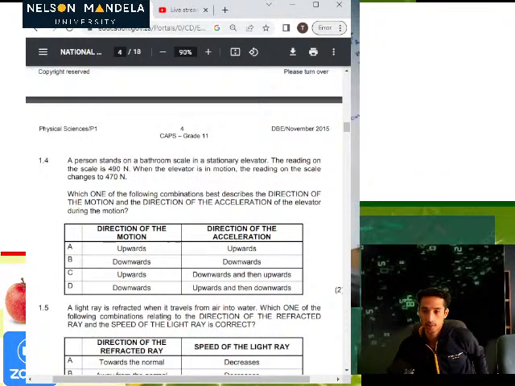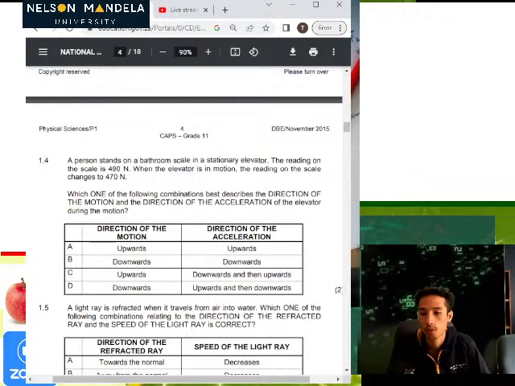So now 1.4 says a person stands on a bathroom scale in a stationary elevator, and the reading on the scale is 490 newtons. When the elevator is in motion, the reading on the scale changes to 470 newtons. So what you need to understand in this portion is that